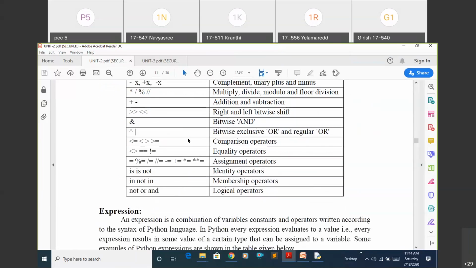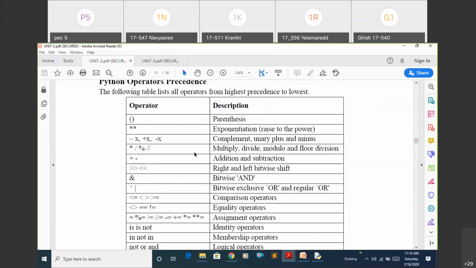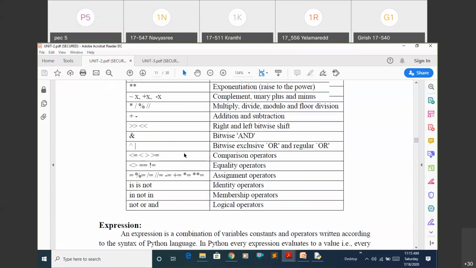Based on these, you decide which statement has to execute first and which next. You won't see all the operators in a single expression, but it's better to remember this. Majorly you will see parentheses, arithmetic operators, and some unary operators. That's it.